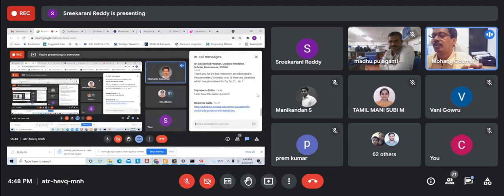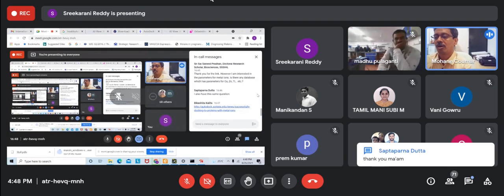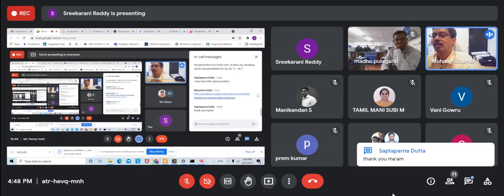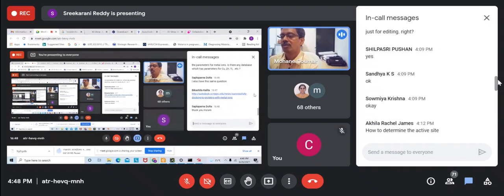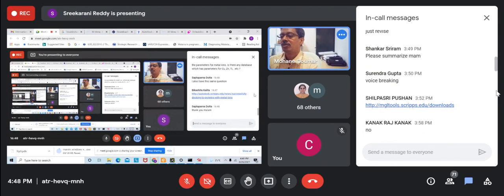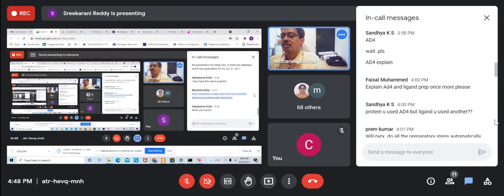Did anyone try to run the homology modeling after attending this session? I want to know, because unless you execute the software and see, you will not realize what kind of problems there are. So either the homology modeling with Modeller or AutoDock, you should try to run, so that if you face any problem, you can send a screenshot. Maybe now itself, or later, even after the workshop is over, if you face any problem, make a screenshot, describe it, and send a query to us. We will be happy to help you.